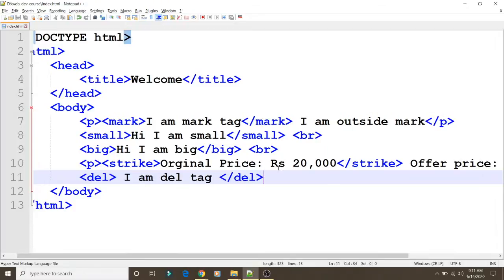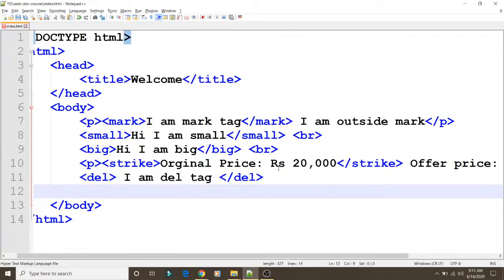So in the same way, you might have seen that if you want to write some mathematical equations, like some superscript value or subscript value, we can also write those in our web page using some tags. Suppose you want to write x square, or a chemical equation like CH3. All those things can also be covered, and we can make it in our web pages.